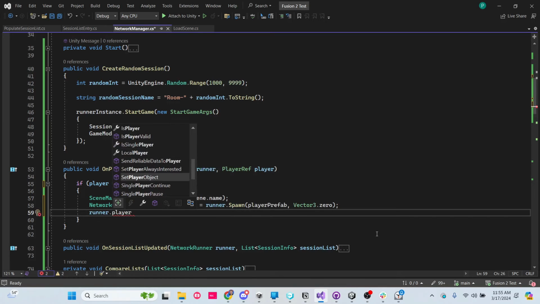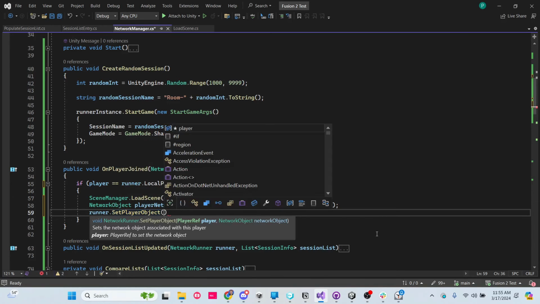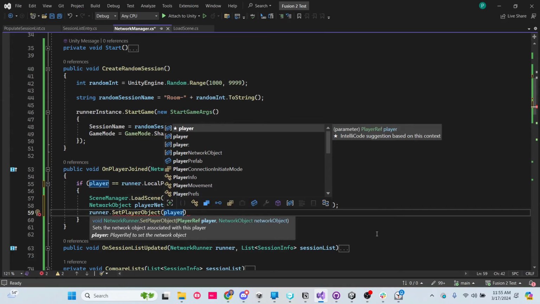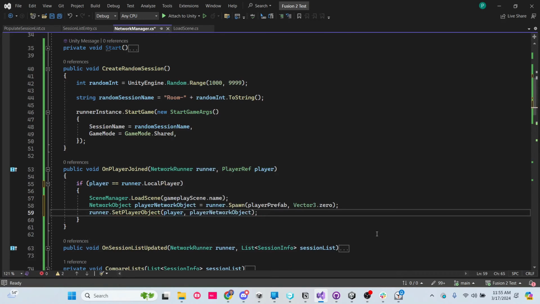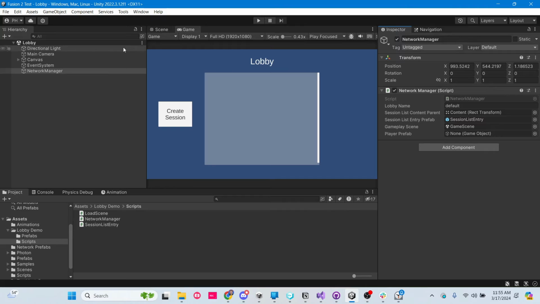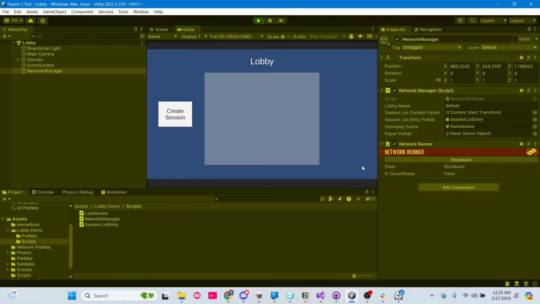Set player object of player to be the player network object. Okay. Boy, I'm low energy. Sorry, guys. So in theory, from here, after we're connected to the lobby, if we create a session,